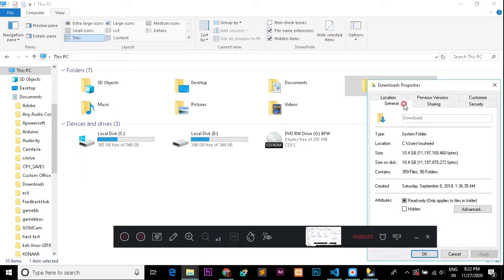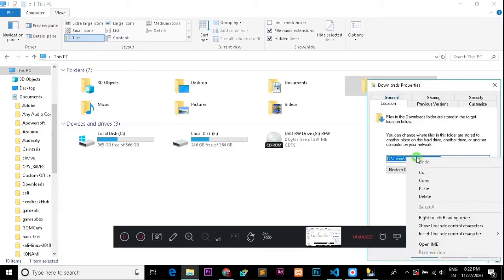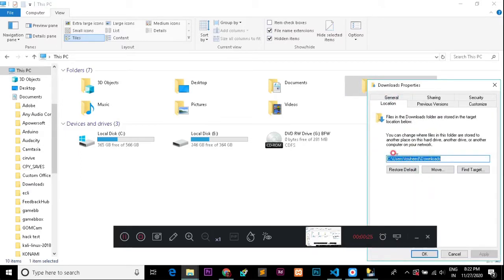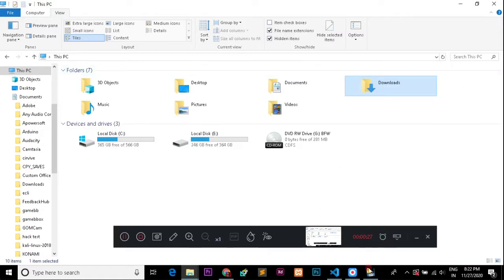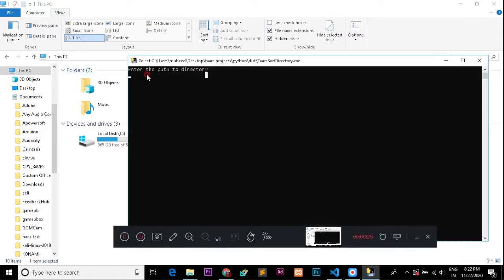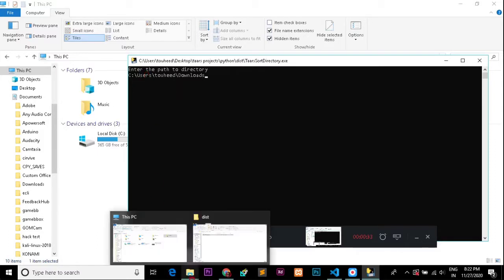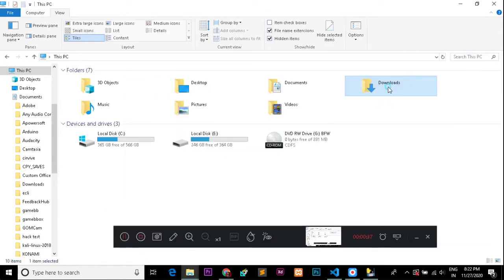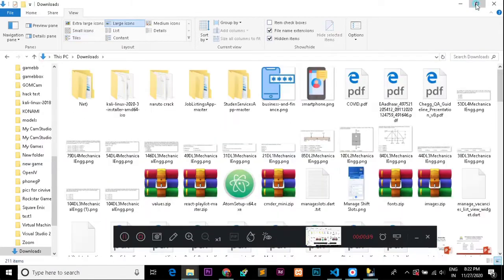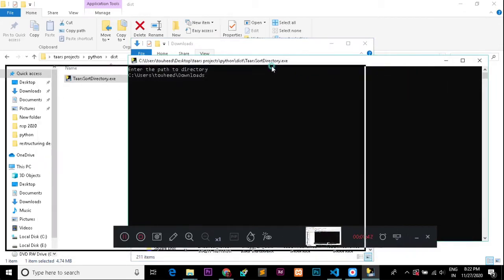What you have to do is first copy the path of the folder. You'll get it in the properties. Once you have copied the path, just paste it in here and press enter, and you'll be good to go. But in this video I'll be showing you how the process will work in real time,